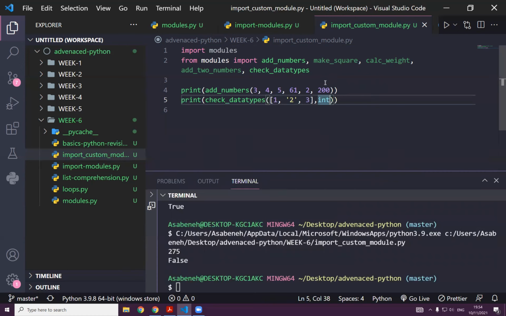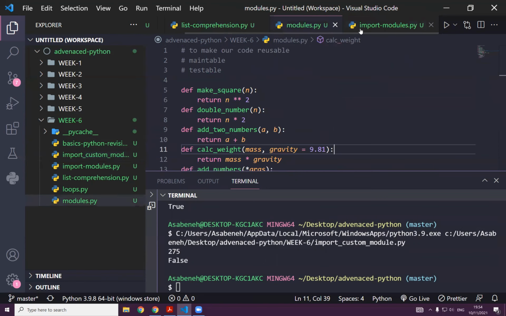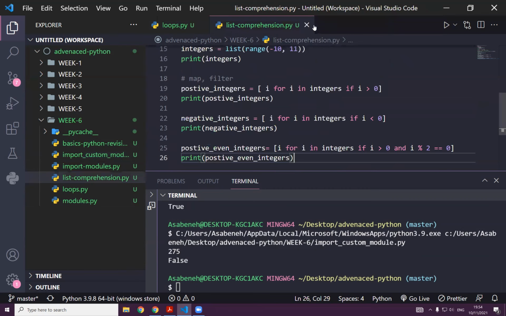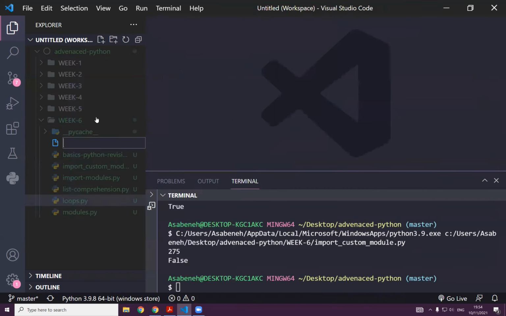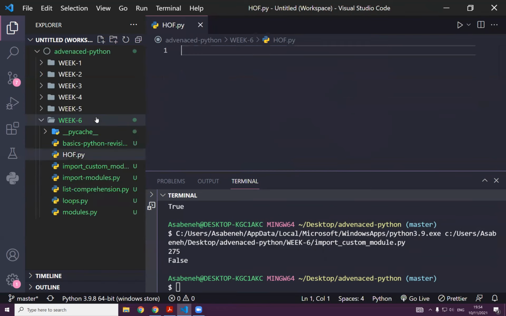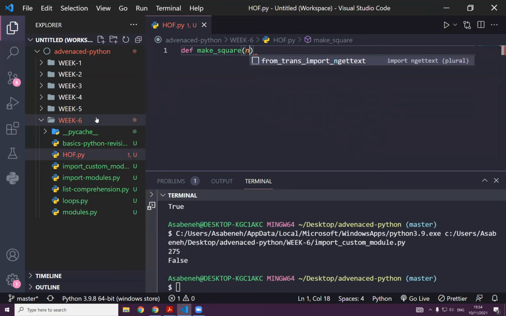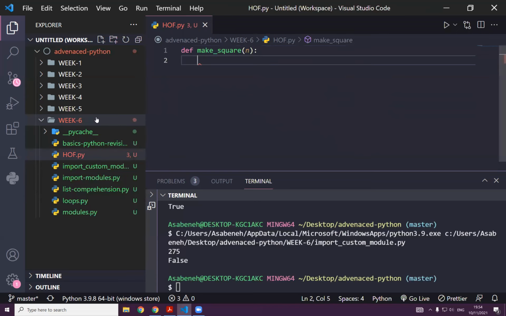Okay. Yeah, so what shall we learn as an additional thing? I think the higher order function is very important to learn. Let's just make that a bit. So higher order function.py, as I told you, higher order function means you have def make square, right? And this is a very simple function. It just takes one parameter and it just returns